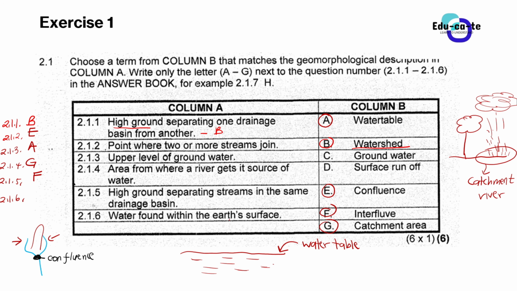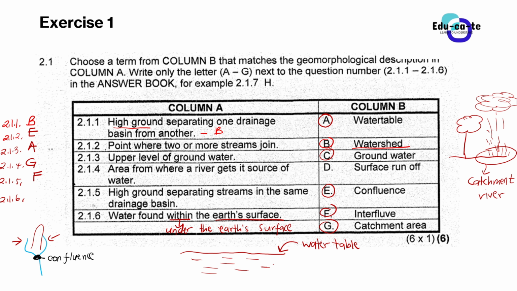What is the water that is found within the Earth's surface? When you say within the Earth's surface, we're basically talking about under the Earth's surface here. So they can say within the Earth's surface, or they can say under the Earth's surface. So when we're talking about the water that is found under the Earth's surface, I also introduced this and said that whenever it rains, once the water starts sinking downwards or underground, it is now known as groundwater.